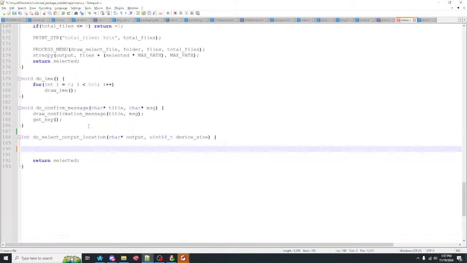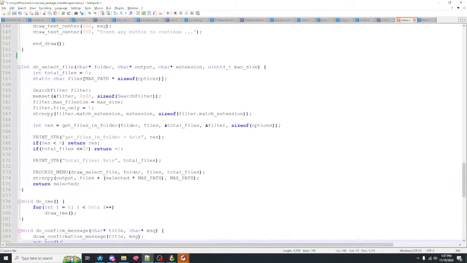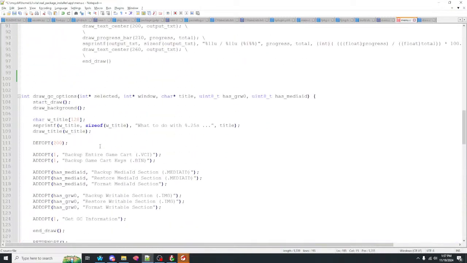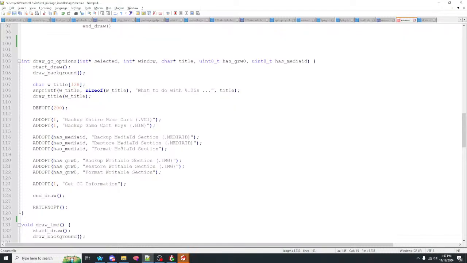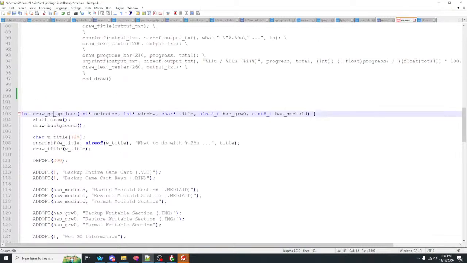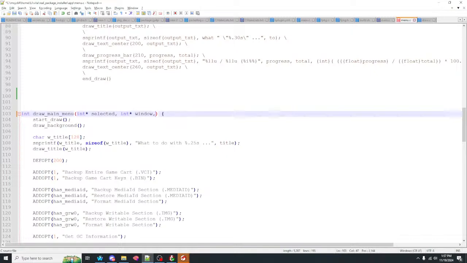Okay. Do IME sounds helpful. Do confirmation message sounds helpful. Like, yeah, GC options. I wouldn't actually call it GC options. I call it like draw main menu. And I don't know how much of these are required again. I think it's titles when it stops being required. Yeah. So,